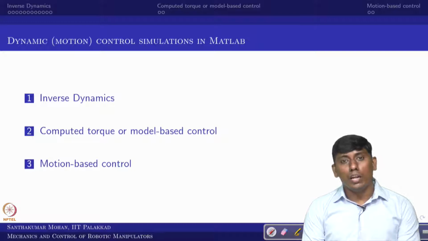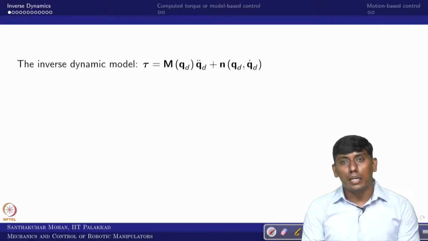Then we have seen motion based control, where the desired acceleration is not known and the model parameters are not known. Then we can do this provided, if the system is spatial, the gravity needs to be compensated, otherwise the system performance may not be as we expected. So we can say PD plus gravity compensation or PID plus gravity compensation. These all we have seen, and the same thing we are trying to see in MATLAB simulation.